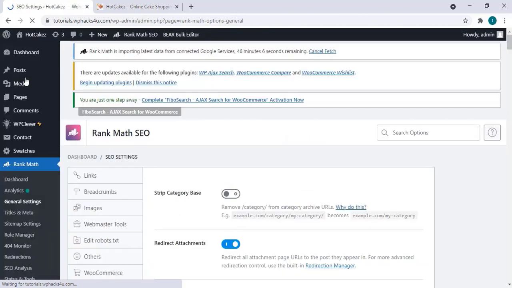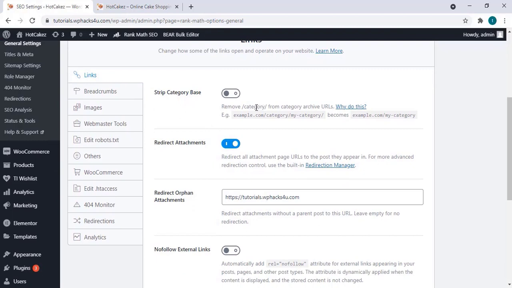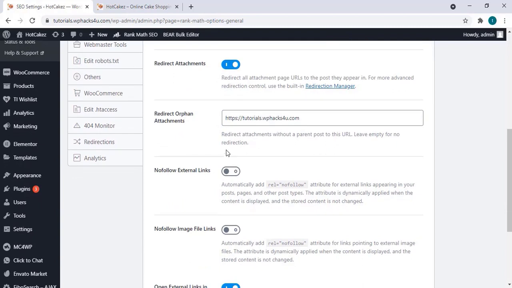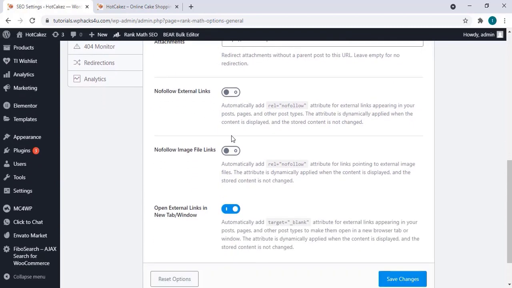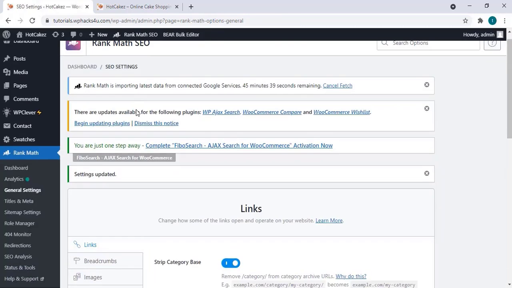On the general settings tab, you can just set up your SEO plugin settings. You can strip the category base. You can remove the category base here. If you want, you can enable that, and all these options you can enable or disable according to your choice. And once you make any changes, click on save changes,